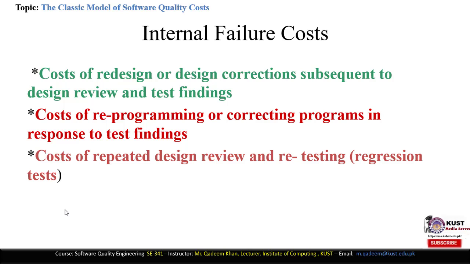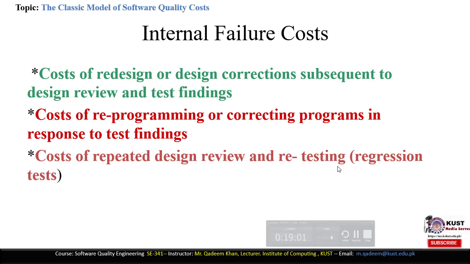Internal cost contains all sorts of costs, for example the designing cost, testing cost, and reprogramming or corrective programming cost. If there are certain programming bugs in the system, then we require reprogramming or corrective programming. That cost also includes the cost of repeated design reviews and retesting, which includes the regression test. In the regression test, when the system is maintained and retest is performed, it is called the regression